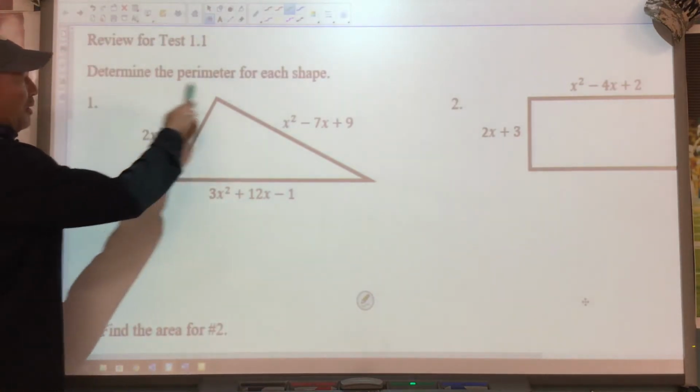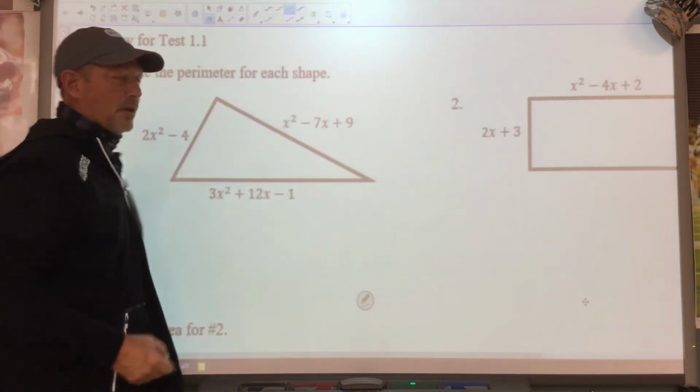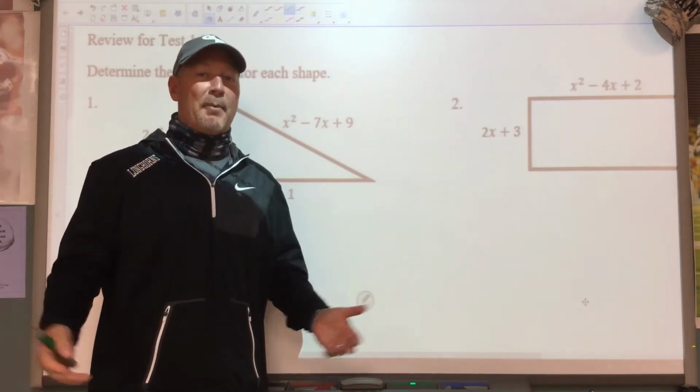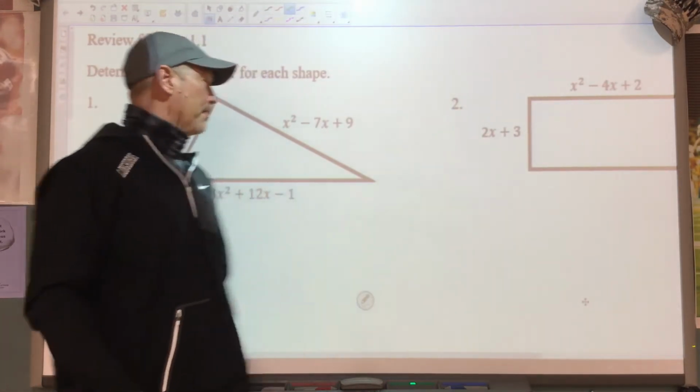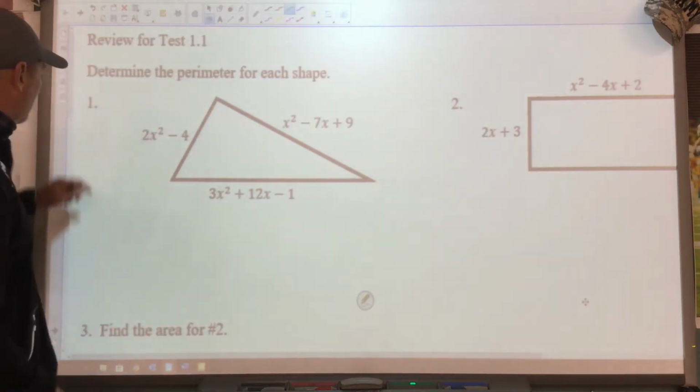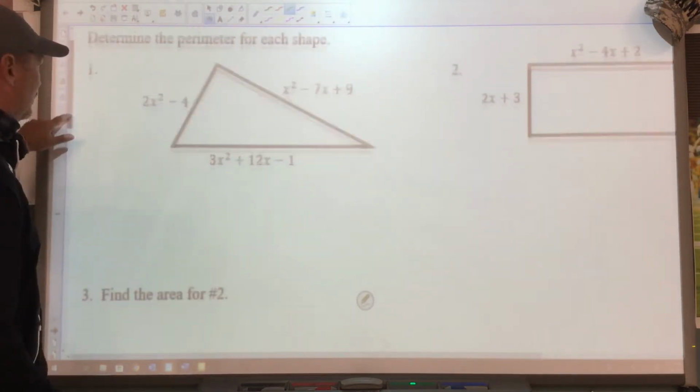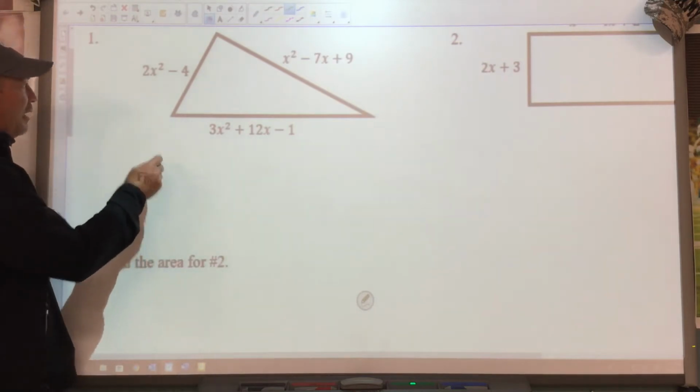It says determine the perimeter for each shape. Okay, so back when you were in geometry, we had to find perimeter. We're going to add all the sides together. So we're going to set this up. And we're going to add these together. We're going to say